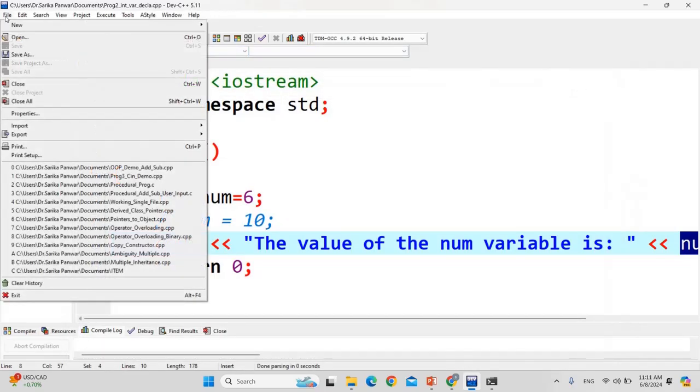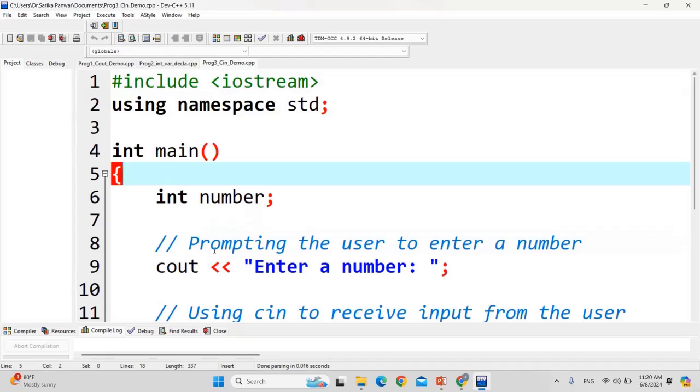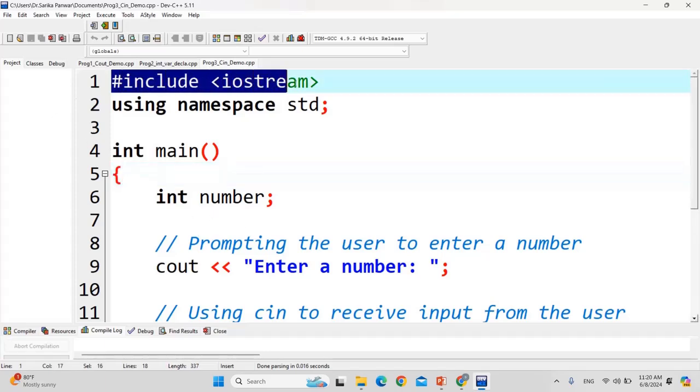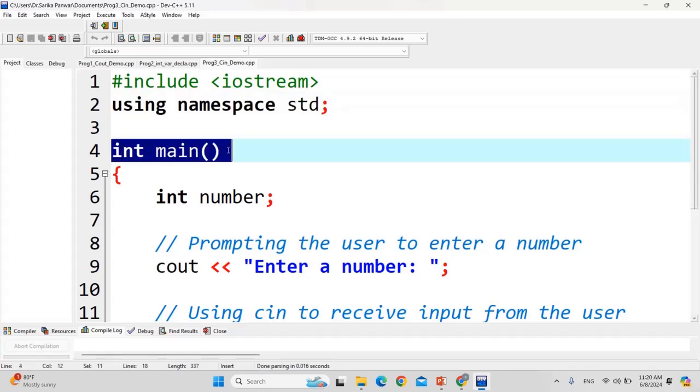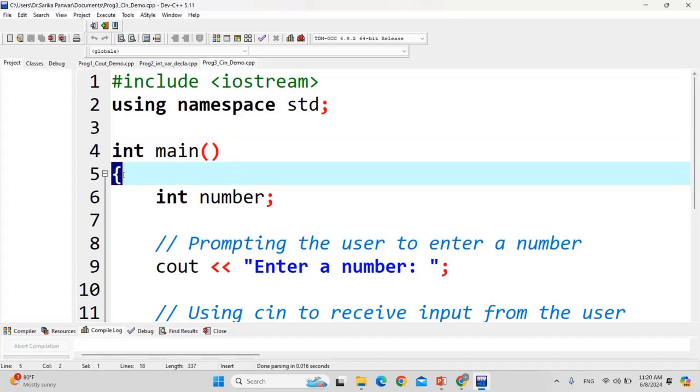Now the next program. Program 3 is for the demonstration of cin. Okay, how to take the data from the keyboard. Cin is used to take the data from the keyboard. Cout is used to display the data on the output console. Okay, so we will start with the code. This is the first compiler directive. Then using namespace std, this statement is required in every one of our codes, and int main, this is the main function, the beginning of the main function with the curly bracket.